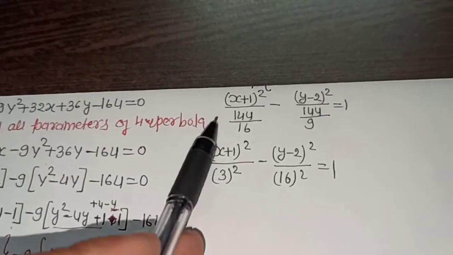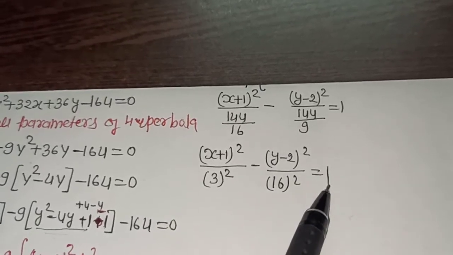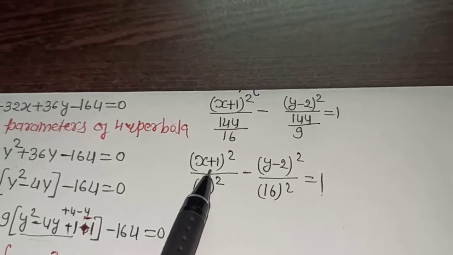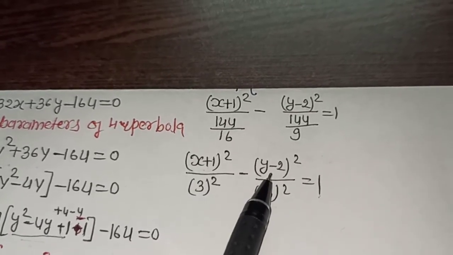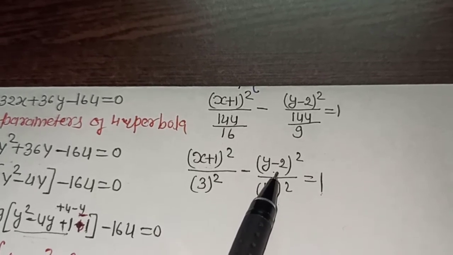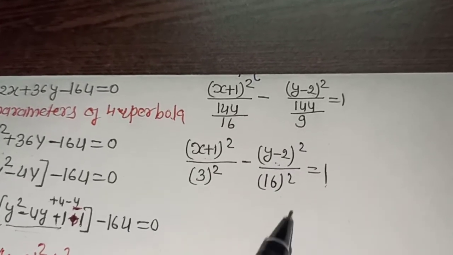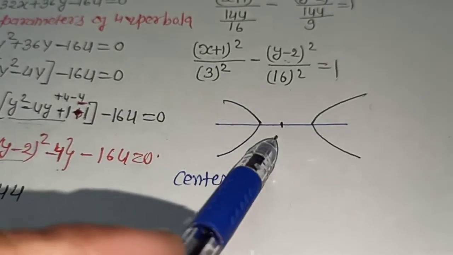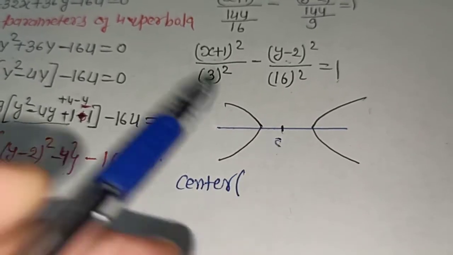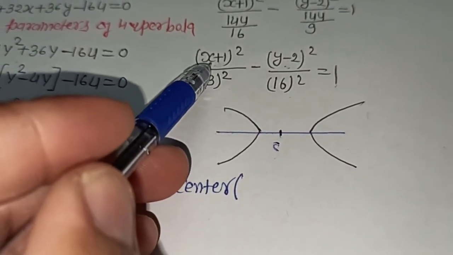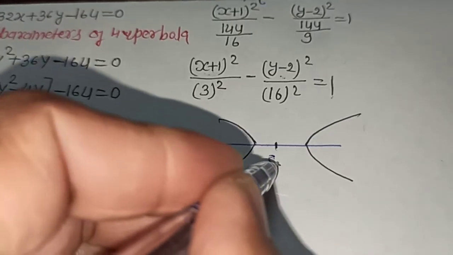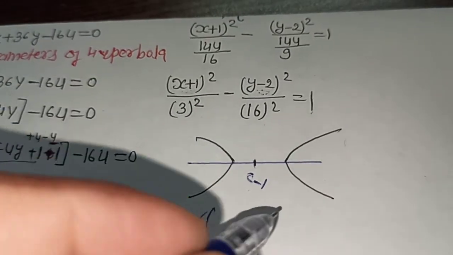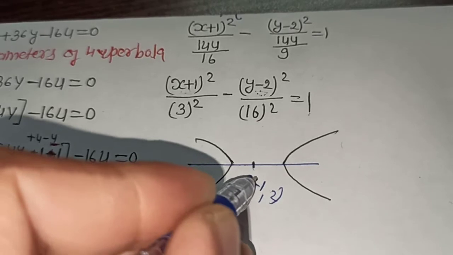So the expression will look like this, and this is a horizontal hyperbola, where you can see the center coordinate, you will compare with equals to 0. So the center coordinate is minus 1, and when you compare y minus 2 equals to 0, it would be 2, and this is the horizontal hyperbola. So let me draw the geometry of this hyperbola. This is the hyperbola, and this is the center. You will compare x plus 1 equals to 0, so x equals minus 1, so the first coordinate of the center is minus 1, and you will compare y minus 2 equals to 0, so the coordinate of y will be plus 2. So now this is the coordinate of the center.